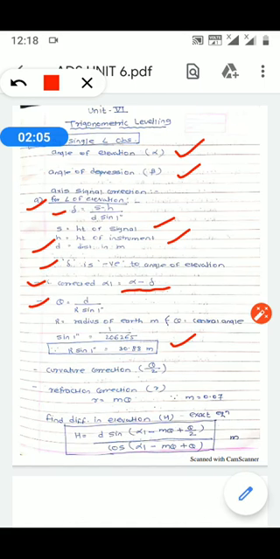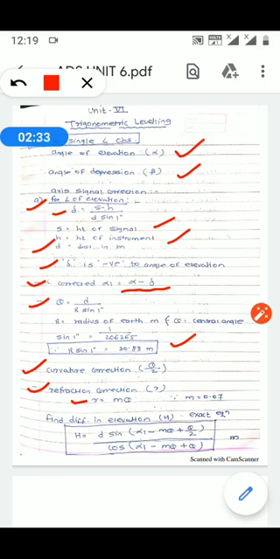Now next step, to find out the curvature correction. Curvature correction means nothing but theta by 2. Then the next formula is to determine the refraction correction. Refraction correction means nothing but your small r. To determine the value of small r, again we have a very simple formula, that is r is equal to m theta, where m is 0.07, which is the standard value for m.